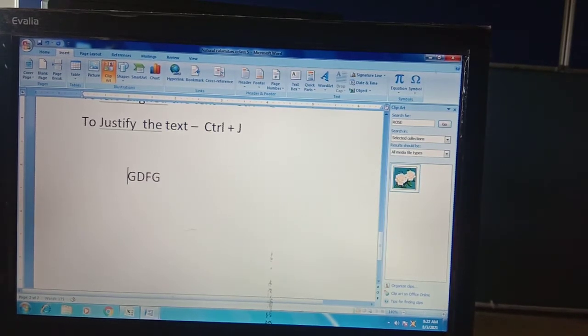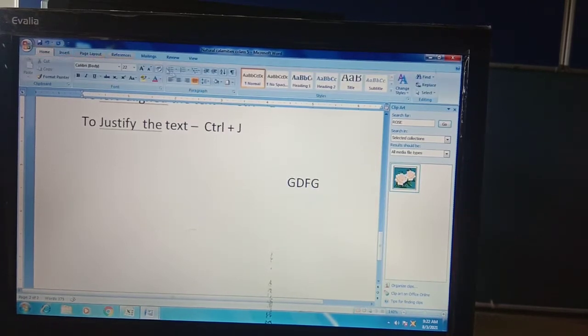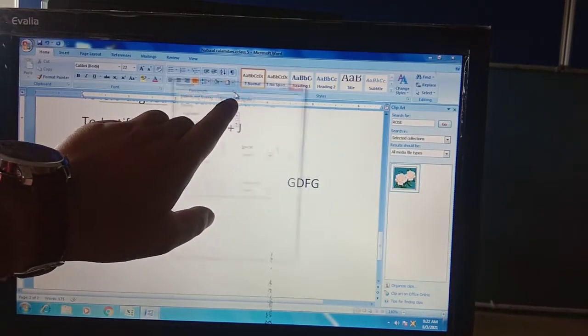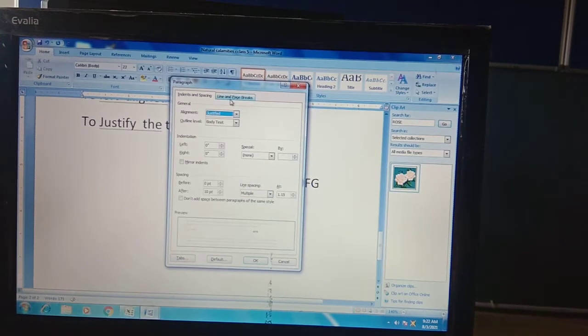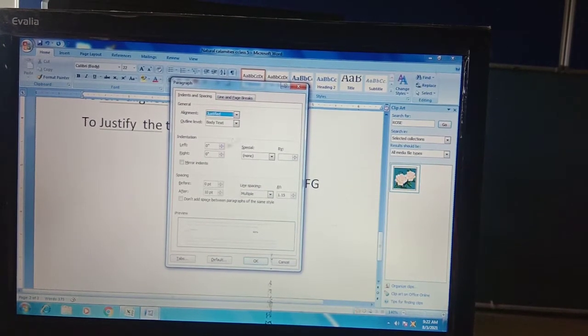This is your tab. This much it is. By default it is 0.5, but you can set it more. How will you set it? You can set it from the home tab, and in the home tab you have to go to the page layout tab. Okay, first of all you have to go to the paragraph launcher. As you click on the paragraph dialog box, there is an option of page layout tab.